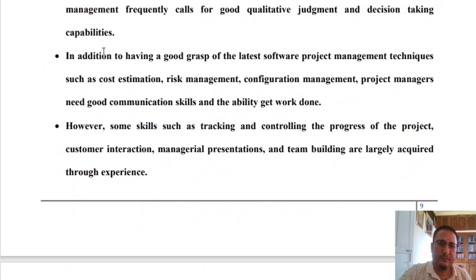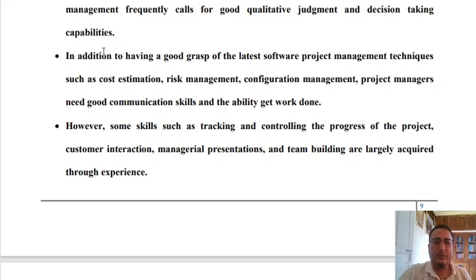Now, in addition to having a good grasp of the latest software project management techniques, such as cost estimation, risk management, configuration management, and project management, one has to have very good communication skills and the ability to get the work done. So, this is very much important.